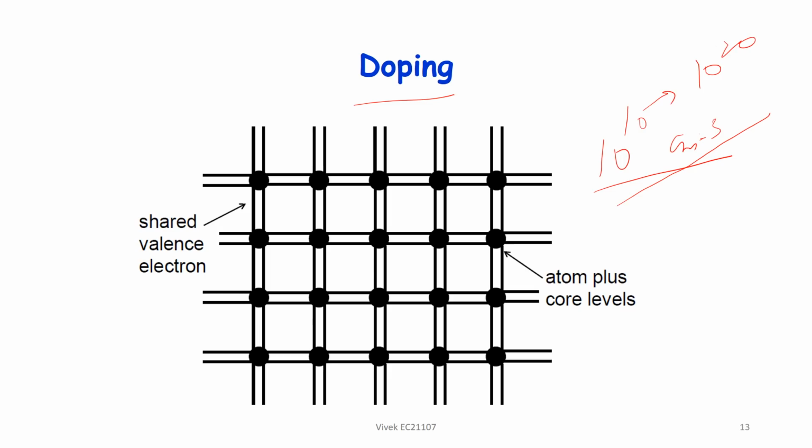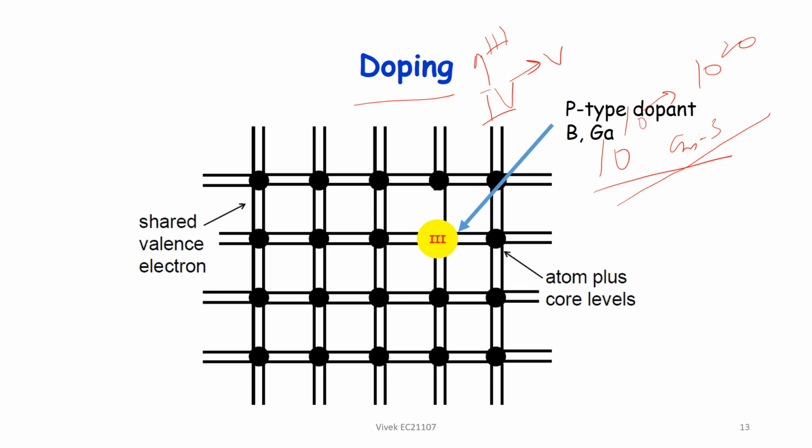Now how is it achieved? You can dope it. There are two possibilities, because these are group 4 atoms: you can dope with group 5 or group 3. When you dope with a group 3 atom, for example boron or indium, what will happen? It will have one less electron, so it only has 3 electrons. So there is no electron here, an empty state is there, right? Now this can take up an electron and then create a hole here. So that means it will give rise to a hole.